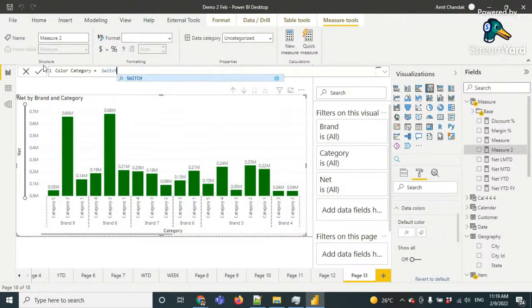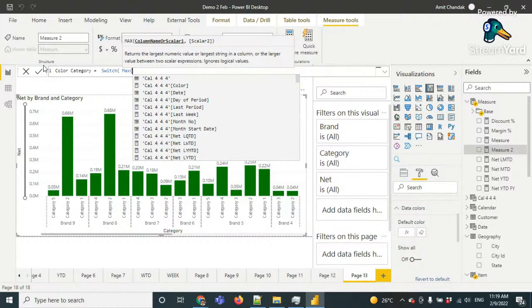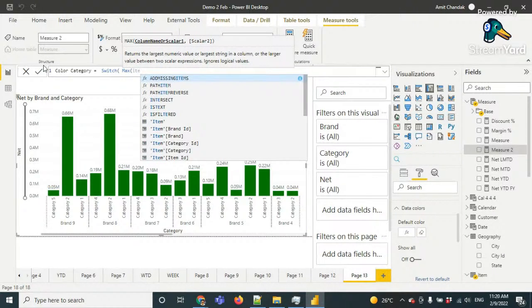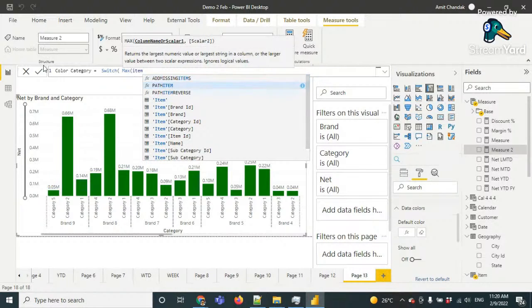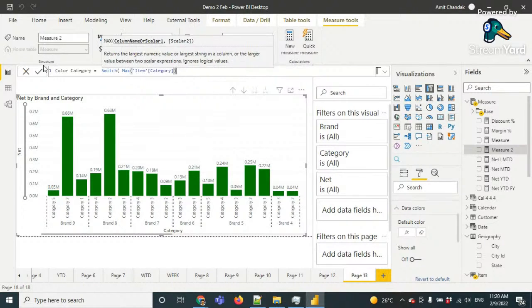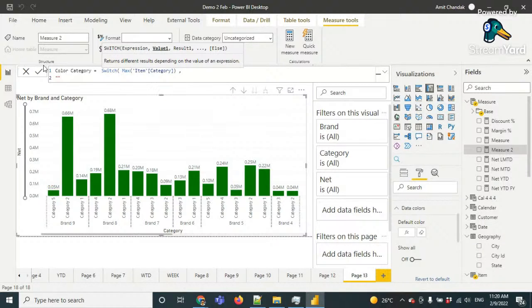So switch. I can simply write down category here or I can write down true to check if I have more than one condition. Otherwise, I can simply write down max item category. It means I need to now handle each category value and assign a color to it. Okay, that's the meaning of it. I have to write down here